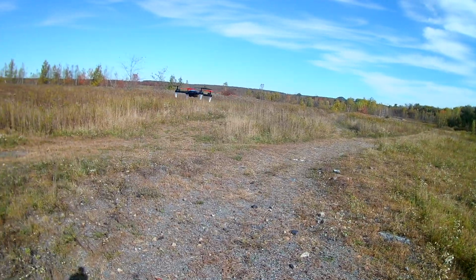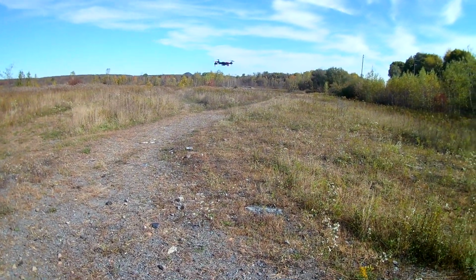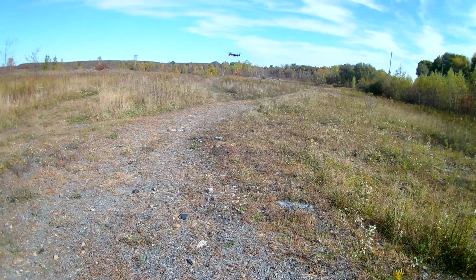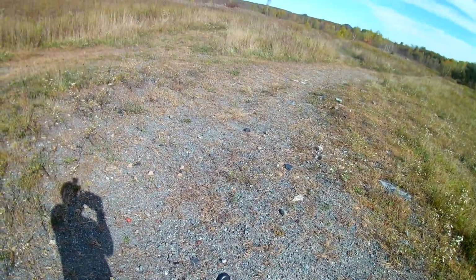Pitch rate in the first speed setting is minimal. It's very minimal. You might even get a half an hour flight time if you fly it in the first speed setting, but you know how we do. We're gonna crank it up. Up here,